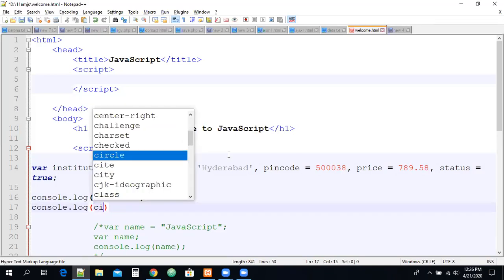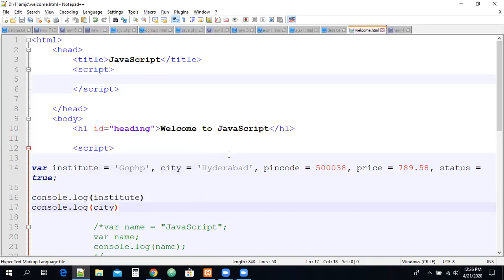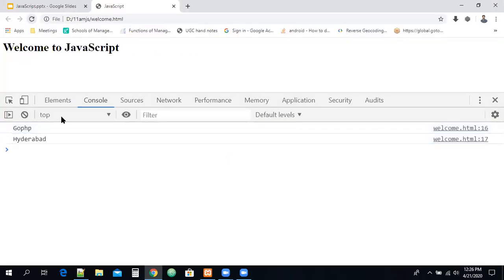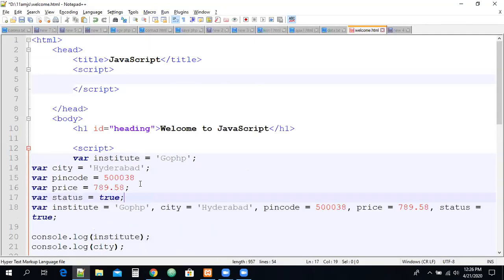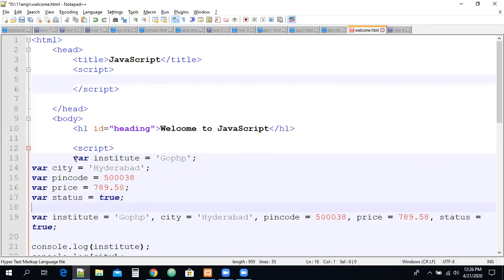This is also a way of declaring variables, guys. If you want to print multiple variables at a time, why should I use the var keyword multiple times? Not required. Just var, variable name, value, comma separated, next variable name, value, like this we can give it, right? Now you can get the city also, we will get the same output. Nothing but earlier what we did, this is also a valid way, but we need to always follow the coding standards, right?